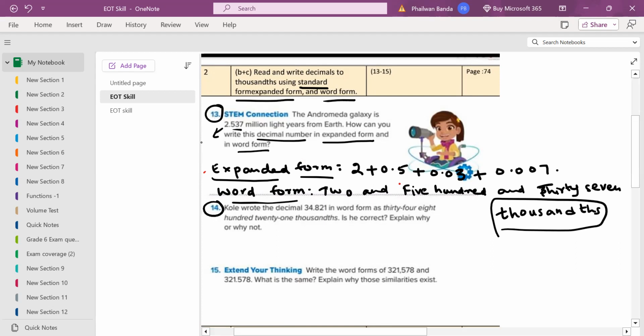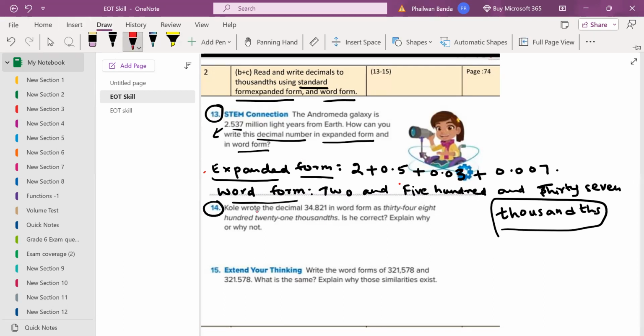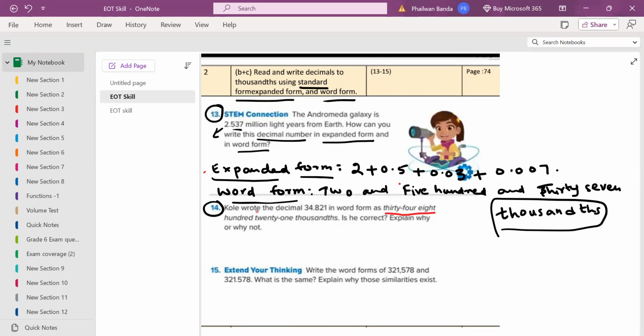Now come to the 14th question. Okay. Now Cole wrote the decimal 34.821 in word form as 34,821 thousandths. Okay. Is he correct? No, he is not correct. Why? Because the correct form of writing is